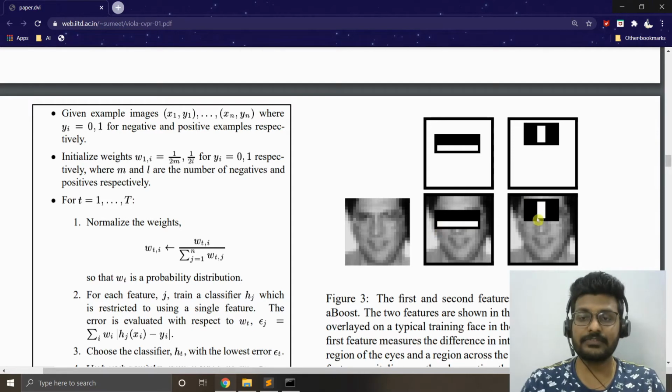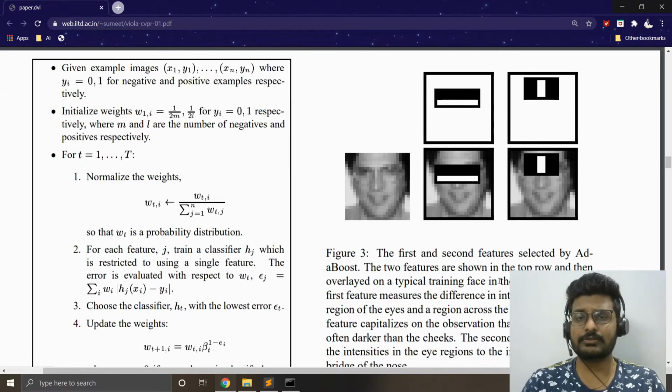Likewise, if I use this kind of filter, obviously the eyebrows will be darker and the center region between the eyebrows will be somehow brighter, right? So I could also relate that this feature is important, but I cannot use the same feature for some other place, let's say the nose region or the lips region. It's not that important when it comes to extracting features in these places. So obviously I might have a huge error rate when I use an irrelevant filter on different regions of the face. AdaBoost, as the name implies, will focus on the positive areas, right?